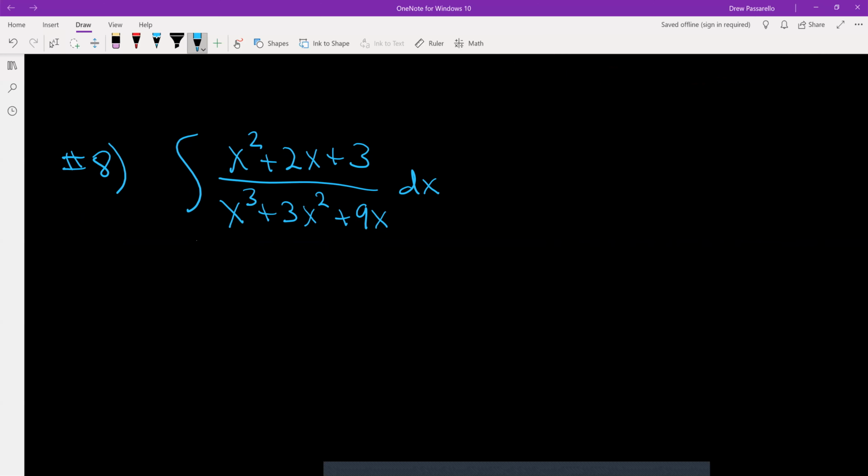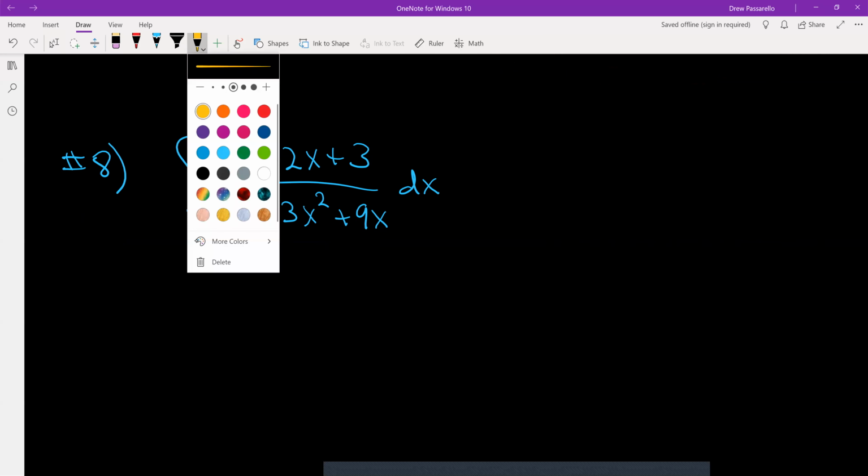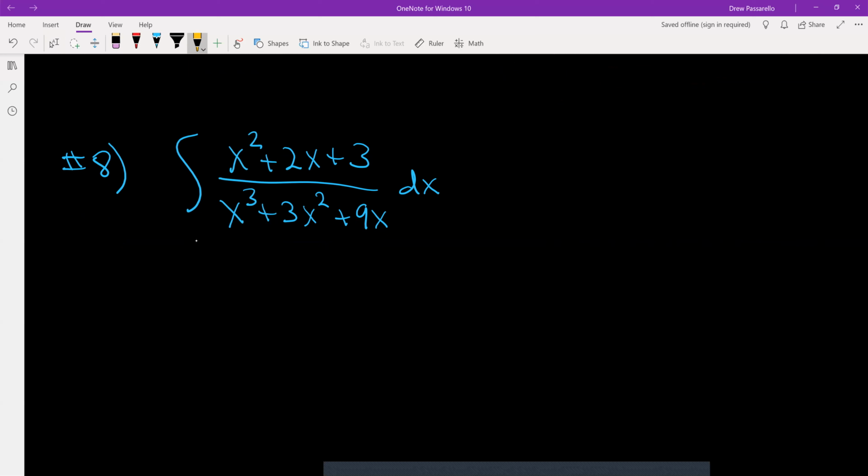And why it does is, we have a bunch of terms here. It's a polynomial over a polynomial, just kind of looks crazy, but I can make it easier. And generally I've been letting whatever's on the bottom be u. So if I let u be the x cubed plus 3x squared plus 9x,